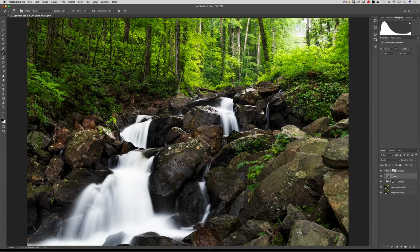Okay, that's good. Let's do some burning, just some light burning on some of the trees. Just very, very light. And some of the rocks over here. All right, cool, I like that. And then let's put both of these, the dodge and the burn layer,